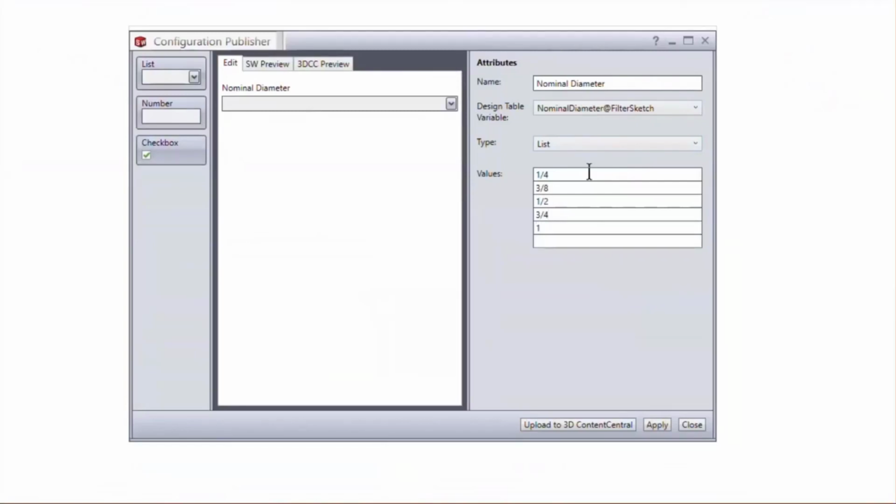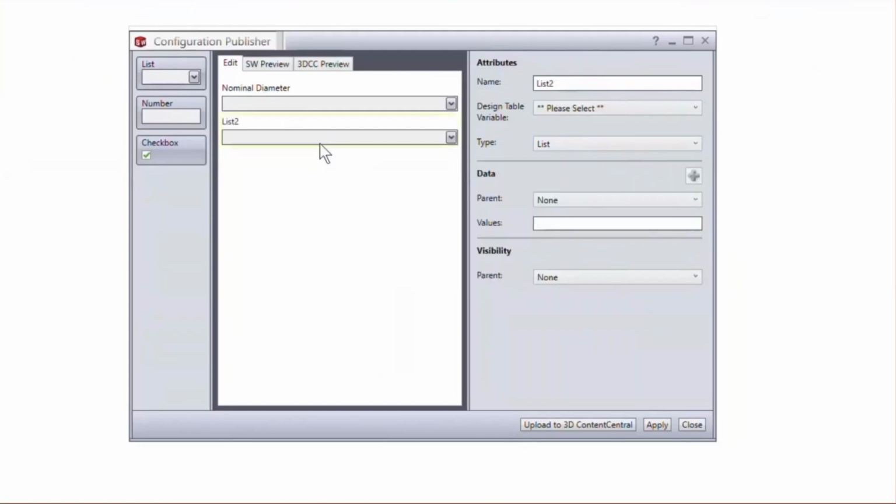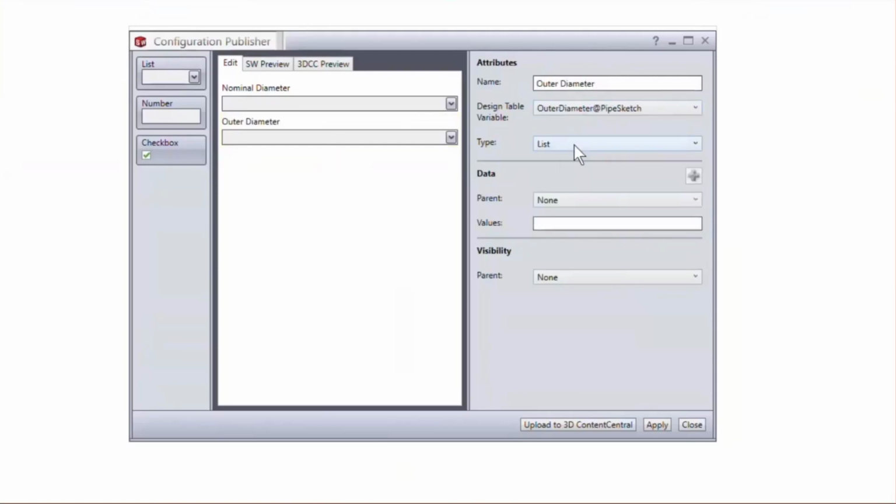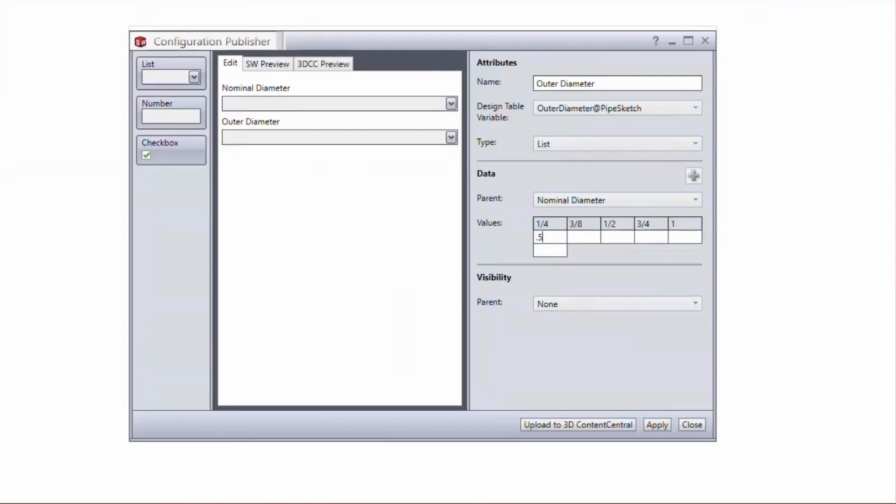We could continue to do this for however many lengths or values we need to, but now we'll skip ahead and drop in a second list. This is going to be the actual outer diameter, and we'll link that up. We'll set up a little bit of a data dependency, making the nominal diameter a parent of what we're doing here. This is something that happens behind the scenes. When the end user selects the 1/4 inch value, the software is going to plug in 0.540 to the outer diameter at pipe sketch. This is going to happen behind the scenes to help us build those